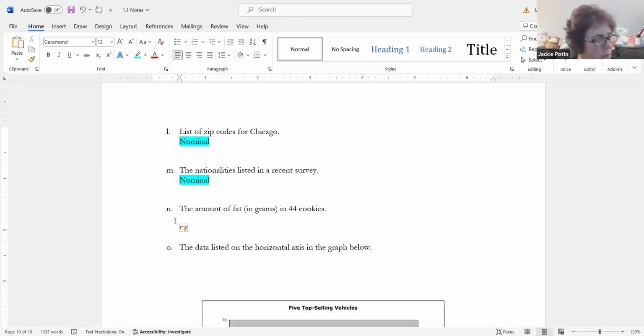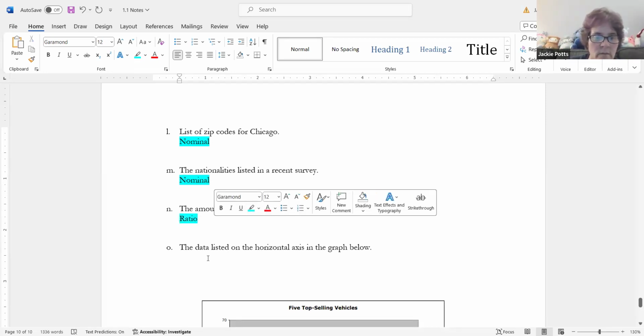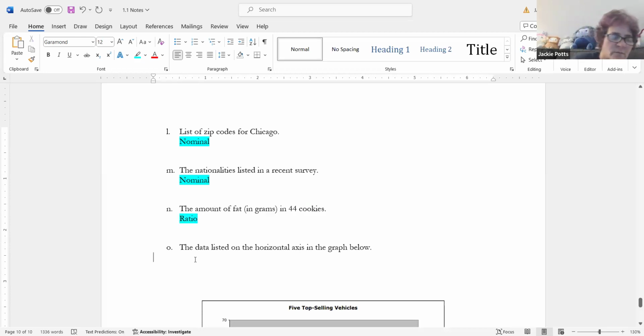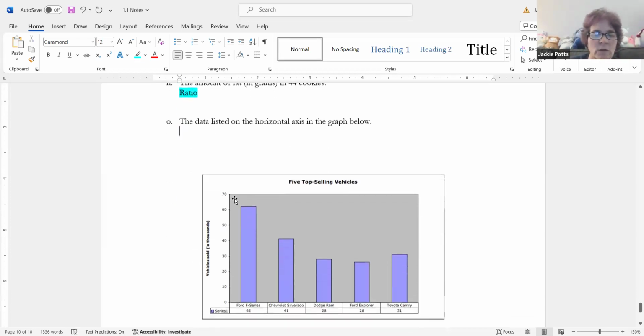The amount of fat in grams in 44 cookies. Well, yep, that's measurable. That makes it quantitative. And could there be a natural zero? The answer is yes. I'd love to find a cookie with zero fat that tasted decent. There's the key. So it's ratio. And the last one